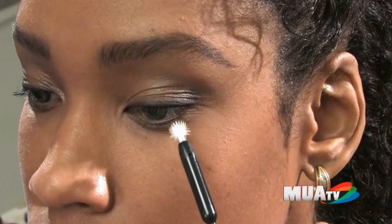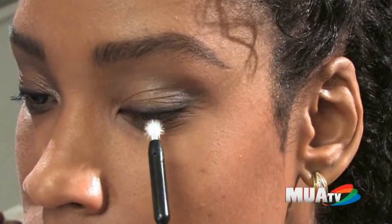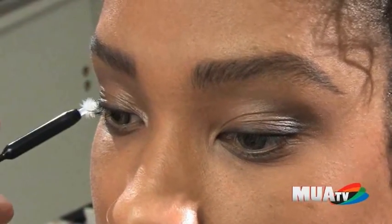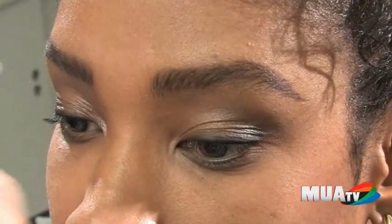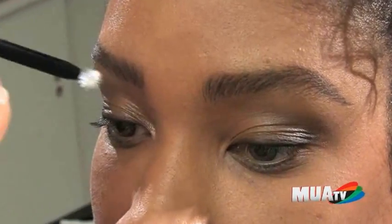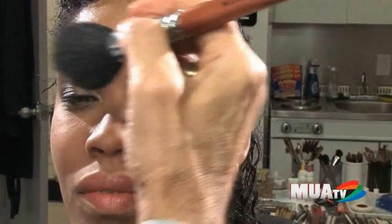Just to give a little bit of color to the actual lashes, straighten out the lashes like this. This is that wonderful little mascara brush. Okay? It's from Guerlain. You can see how that really separates them. You can also take and work this brush, especially if it's clean, right up through the brows like this. Now we're trying to retain a glow, a very natural glow. We don't want a lot of makeup on her. All right, just a glow, because her skin is so